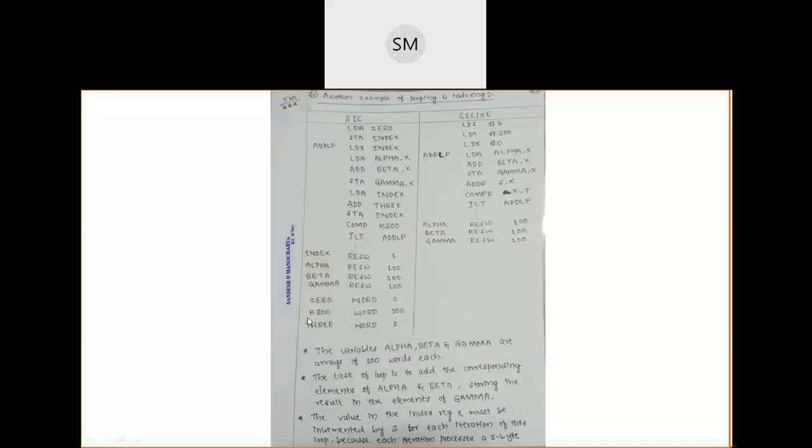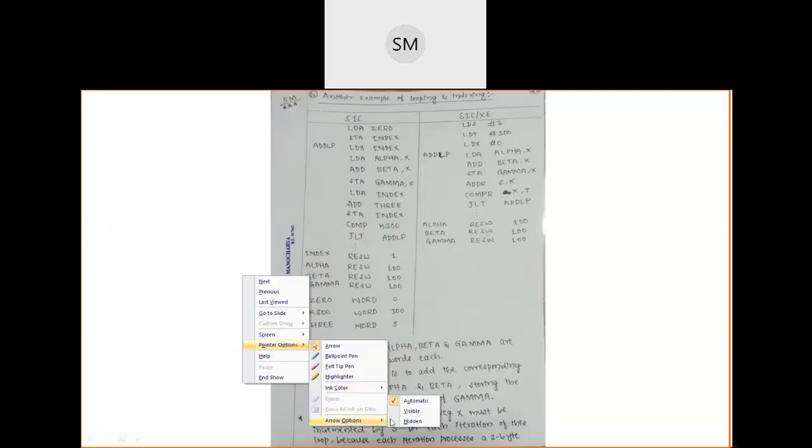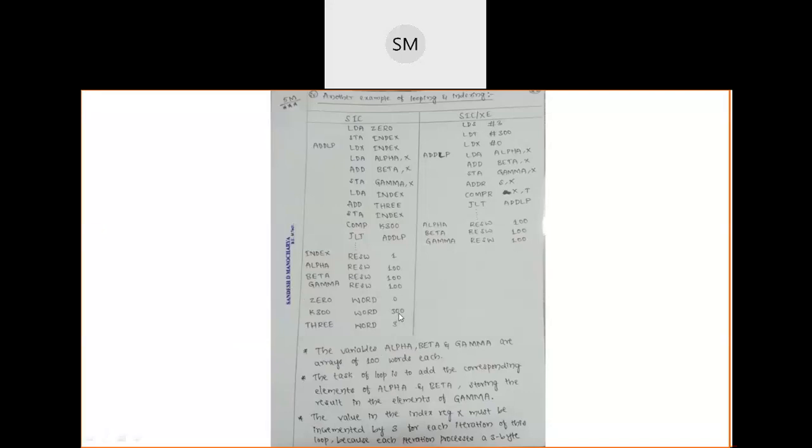One more variable I want here for looping and comparison purposes, that is K300. Simply I have written it as K300. You can write any variable name here, no problem. K300 is a variable, and for this variable or operand, I have again reserved one word of memory. In that one word of memory, you are storing one integer value, that is 300, which is stored in the form of a 24-bit binary number.